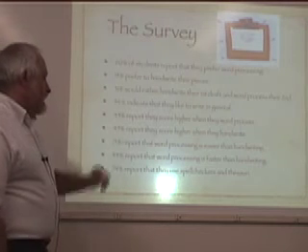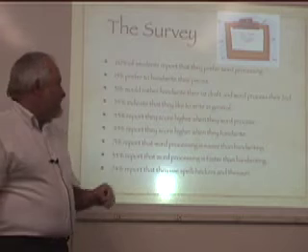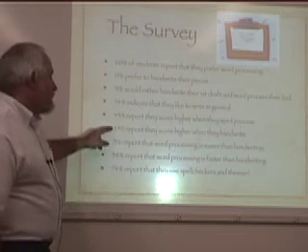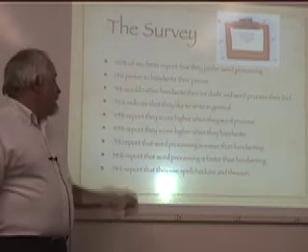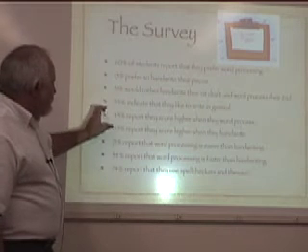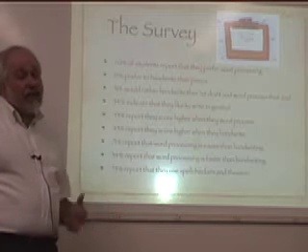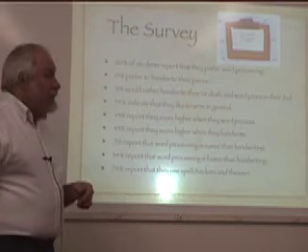And 45%, it's only a 2% difference, but it's about half and half, 45% report they score higher when they handwrite. So the kids are telling us that about half of them think they score higher when they word process, and the other half think they score higher when they handwrite.